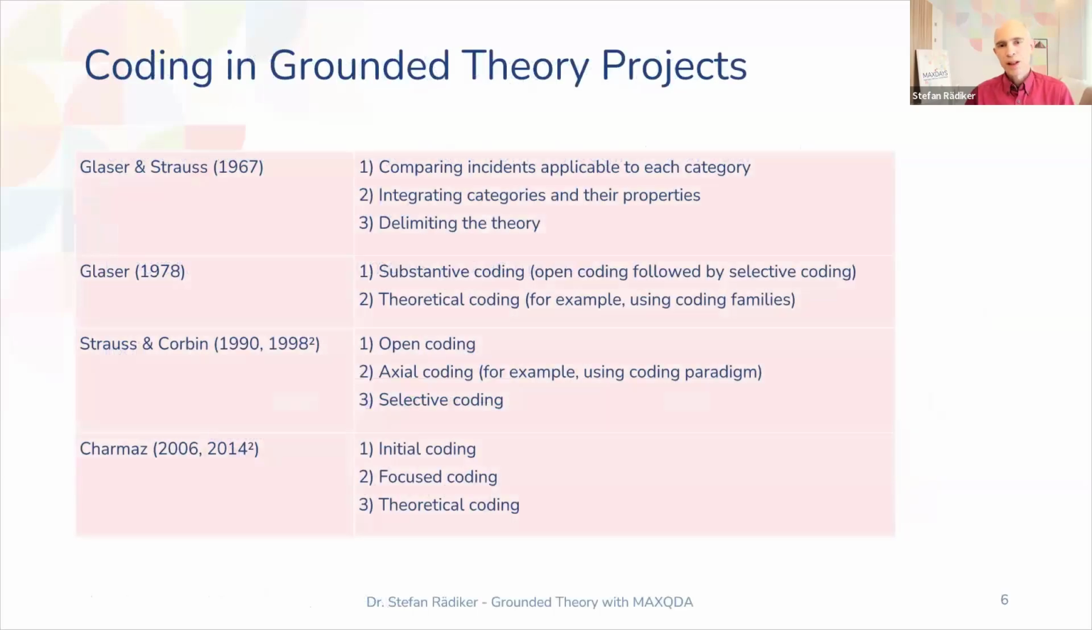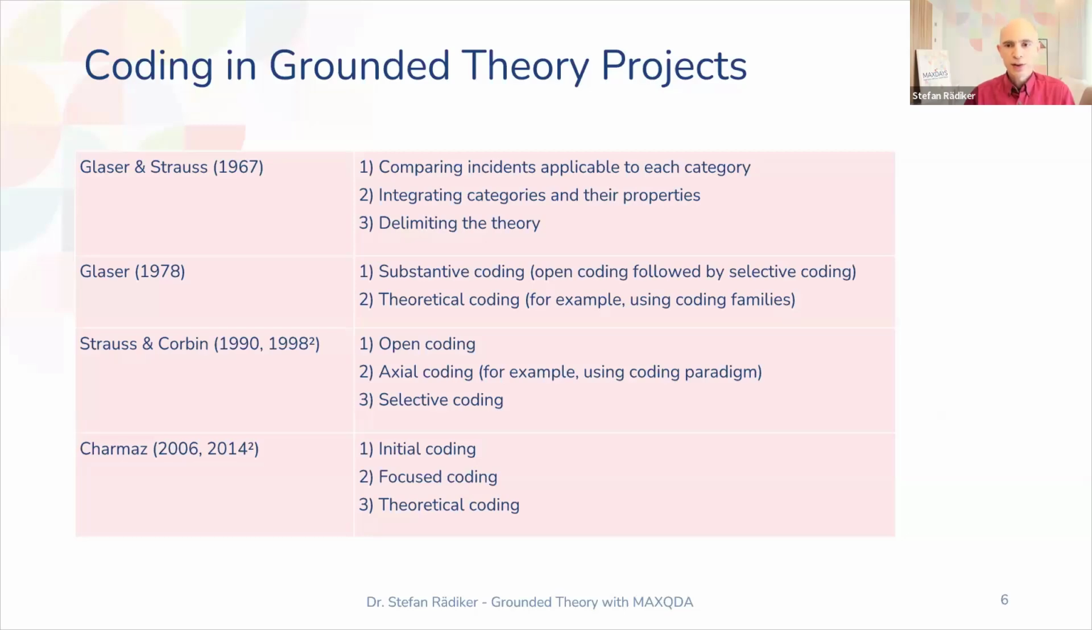Then let's talk about coding. As I've mentioned, coding plays a crucial role in grounded theory projects. And when you look in the literature, you will see that all the authors are dealing with different naming of their coding, and they're doing it a little bit different. But the main idea is often that you're starting with low-level codes and you're creating open codes at the beginning